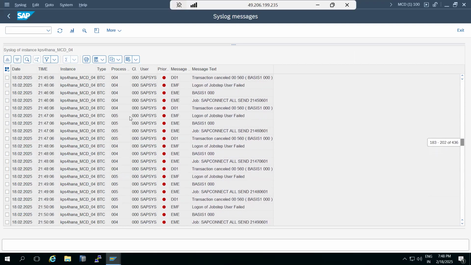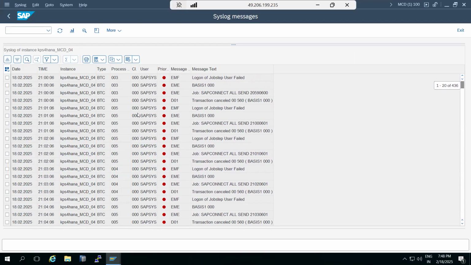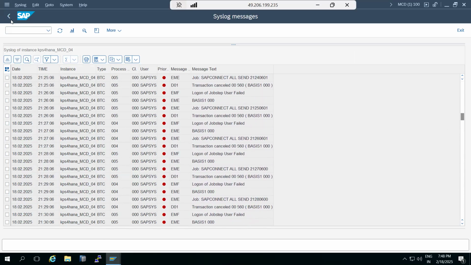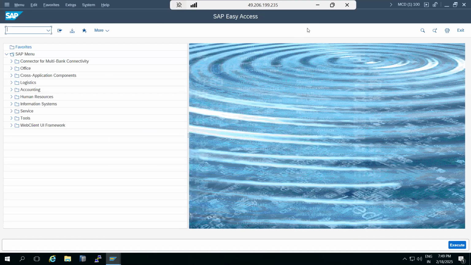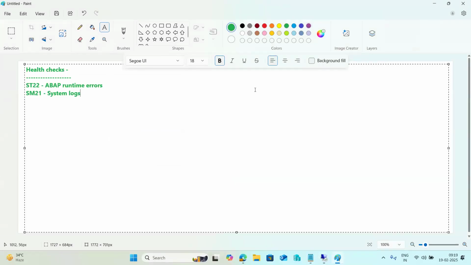Sometimes you will see DB SQL errors, memory errors, terminal disconnected, message server stopped, work process stopped. Then we need to check the respective areas. That is the SM21 transaction code. Like this, we have